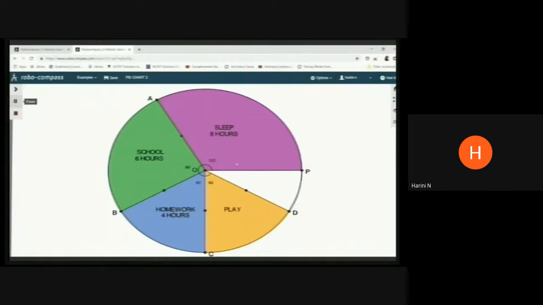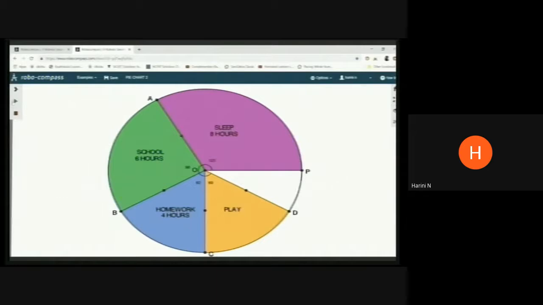So can you guess what is the remaining angle that has to be there? The remaining angle is the last part which corresponds to the other activities, taking a share of 2 hours from the entire 24 hours. So the central angle has to be 30. You can sum up also and see. 120, 90, 60 and 60 is done. So what is already done is 330 degrees. So the last part will complete the 360, and this angle automatically should be 30 degrees. Correct, you can verify this.